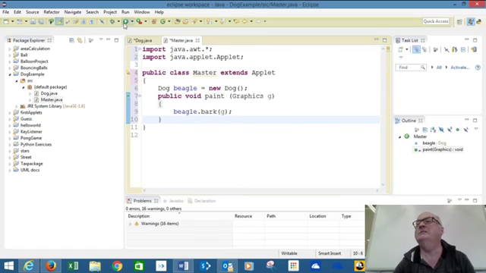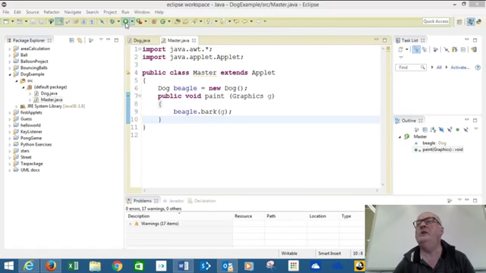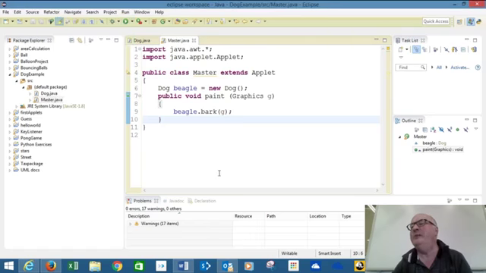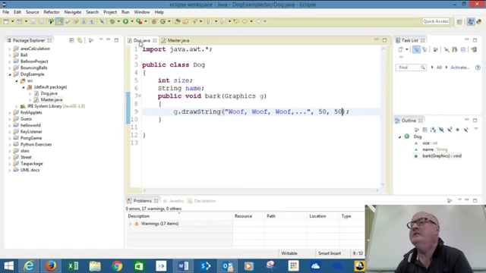Let's run that. We'll use the run icon, and it runs the program, and it throws up a little window which has appeared on my other screen. So I'll move it across here for you, and it says woof, woof, woof. So our beagle is now barking. Now the good thing is that using this type of program we can actually make changes to our class definition for the dog, and that will flow through to all the places where that dog is used without mucking up any of our programs. So let's go back to our dog and say, right, well, we'd also like our dog